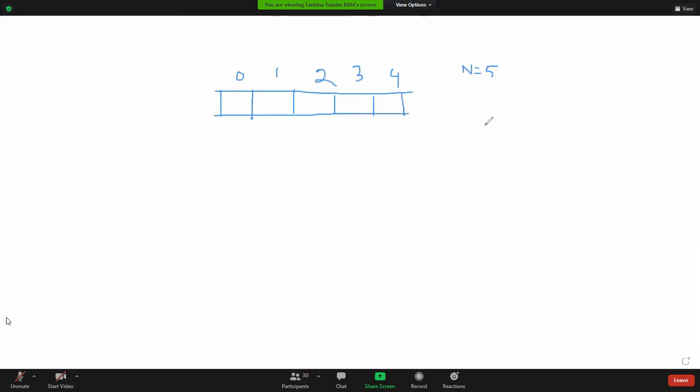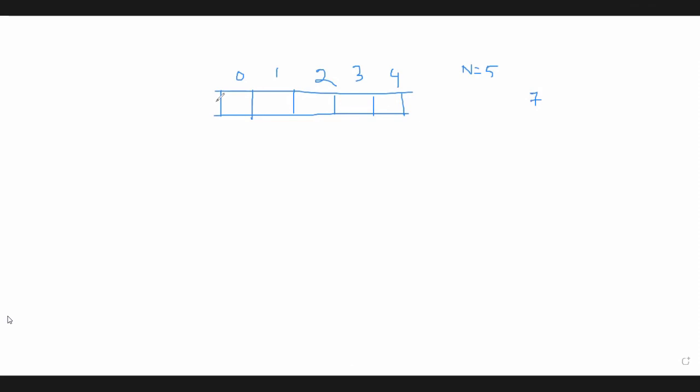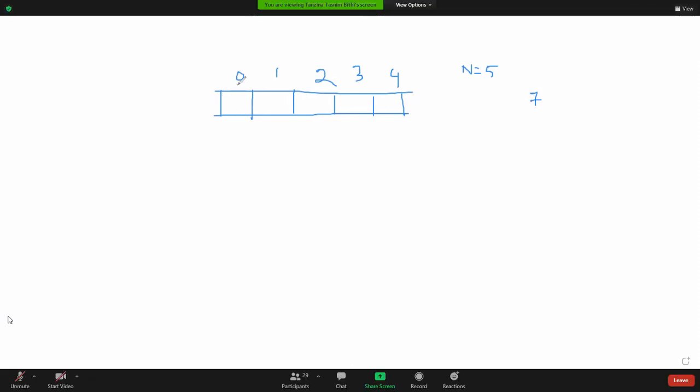Just think about a linear queue. If the operation is NQ 7, and if the queue is empty, we can insert the data element in the first location here. Okay, so after inserting 7, the front value and rear value will be 0. Right? And if it's a linear queue or a circular queue, then where we will insert the next data element 8? Obviously in the rear end, the rear value will be increased by 1,